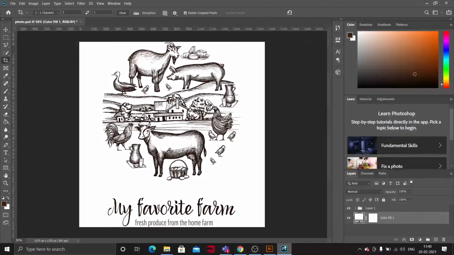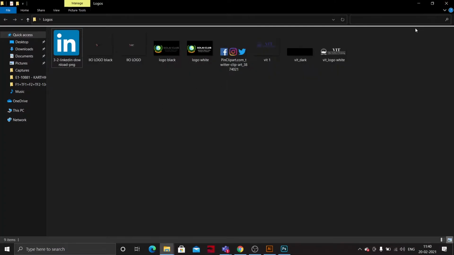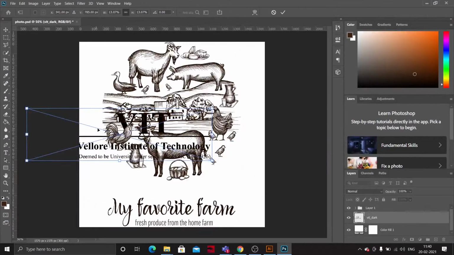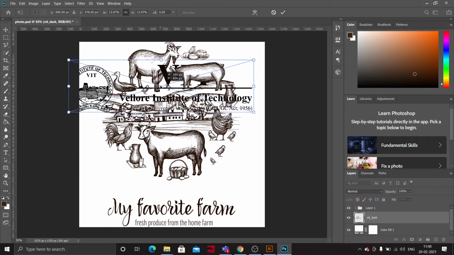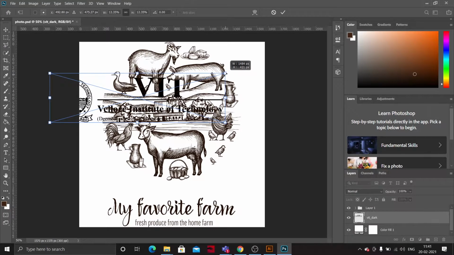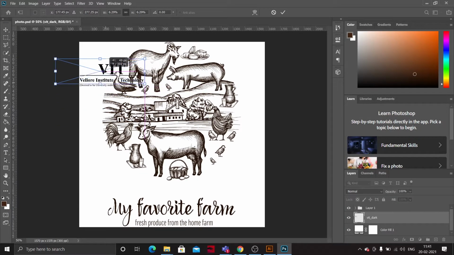Now this is a white background, right? We can take this black VAT logo. The main thing while resizing the logo is that we don't want to spoil its proportions. To avoid that, just click this link button. Link means if you decrease the height, the width decreases automatically, so the logo doesn't get distorted. Understand?